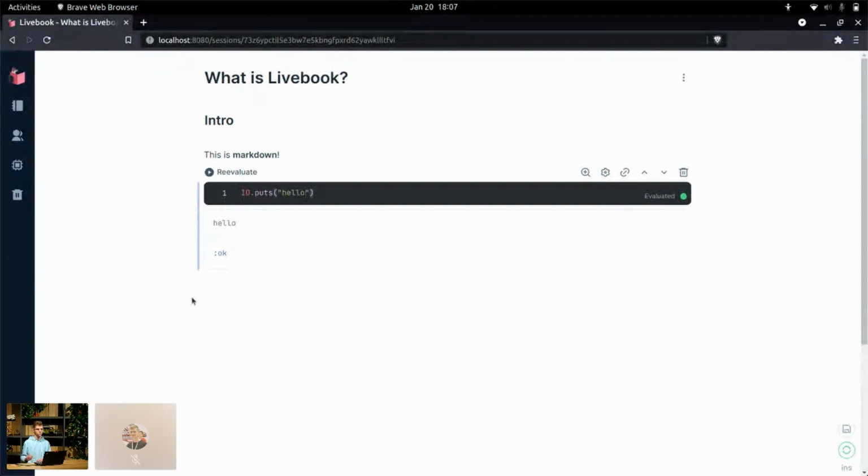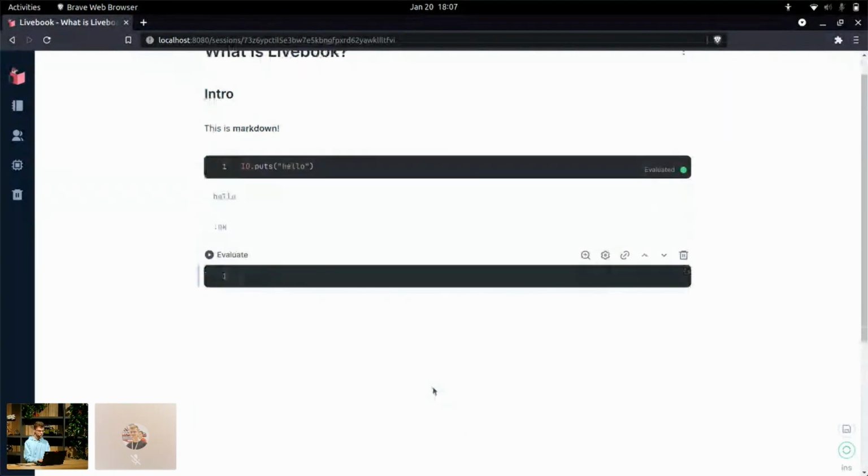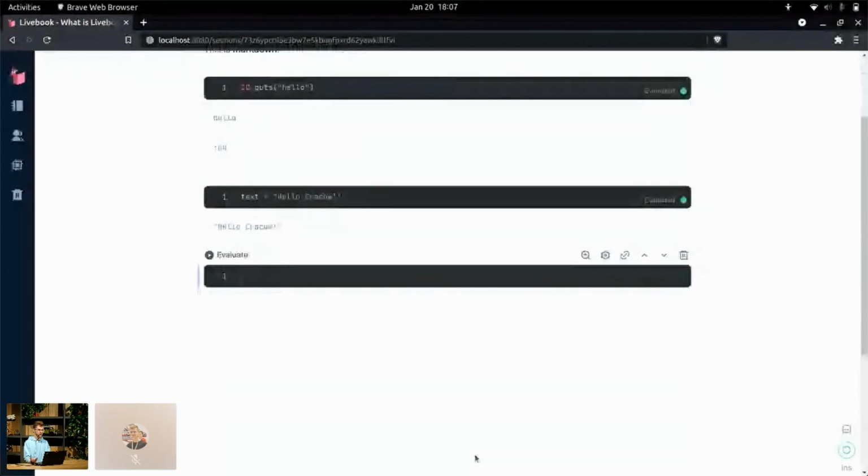But the question is, what primary aspects do we want to address with Livebook? And one of the key goals we had from the very beginning is reproducibility. So let's say we define a variable, and we can evaluate this code. This variable is defined in memory, and now we have another piece of code that depends on this variable. If we evaluate this code, we see that the code is evaluated sequentially from the top to the bottom,